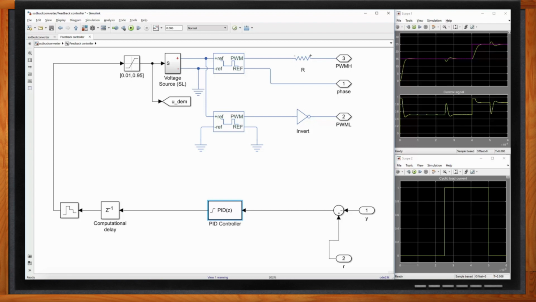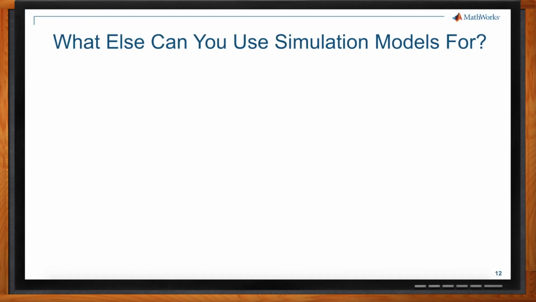Most definitely. I'm a controls engineer, so I wanted to bore you to death with different methods for how to use simulation for tuning controllers. But yeah, definitely there are a lot of other uses for simulation models. People use simulation models to size components. How do you choose passive element values to minimize ripple in your system? How do you size your heatsink? You can use simulation models to estimate losses,